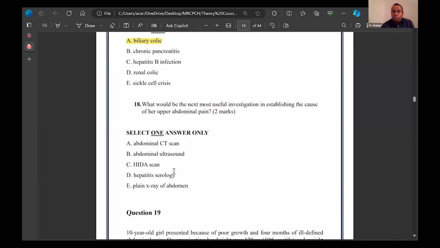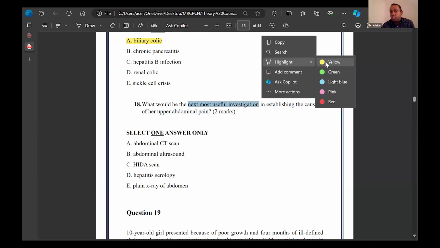If you thought chronic pancreatitis, you might go for CT abdomen rather than ultrasound scan abdomen. HIDA, of course, is not relevant here mostly. So the most likely diagnosis is biliary colic. So what is asked? Next most useful